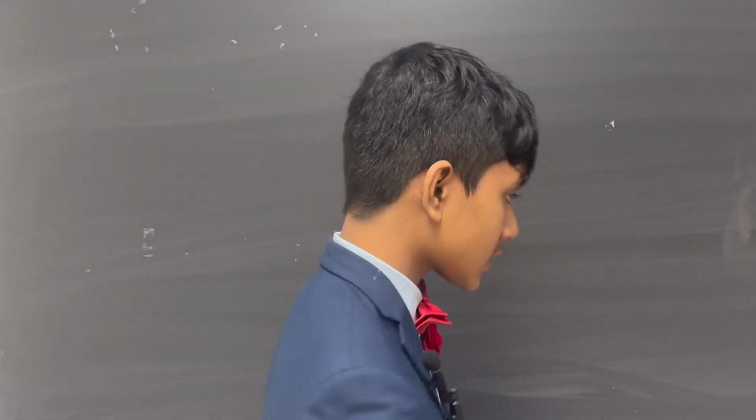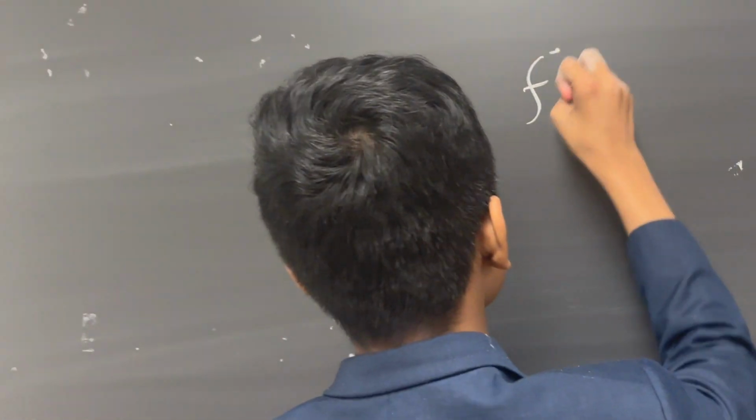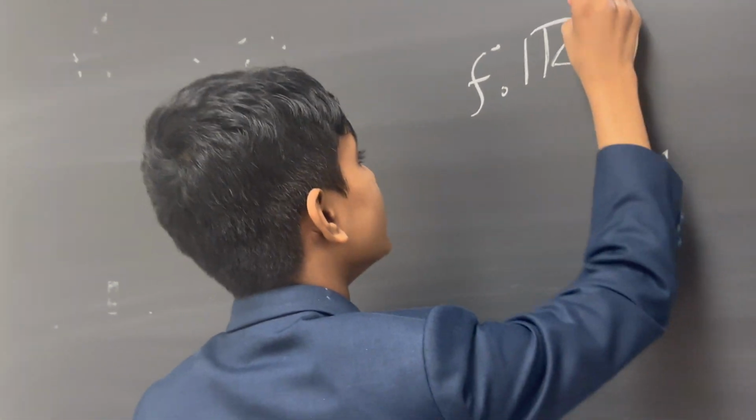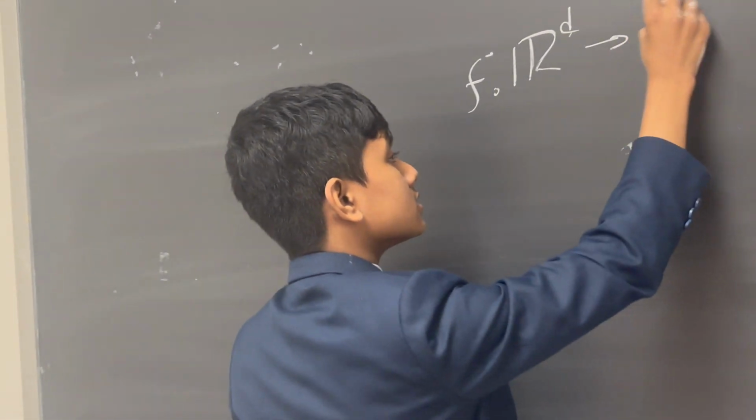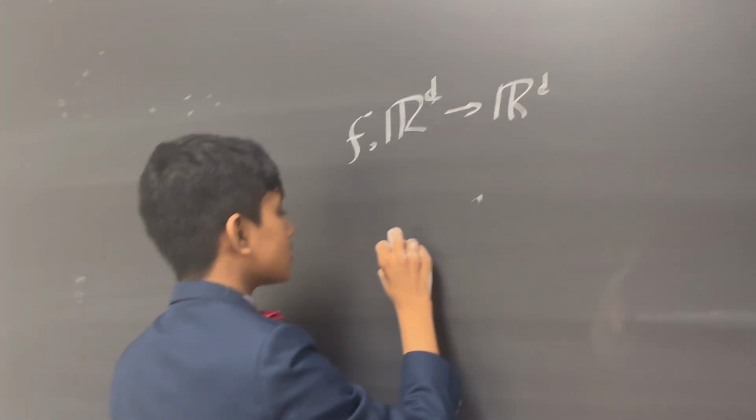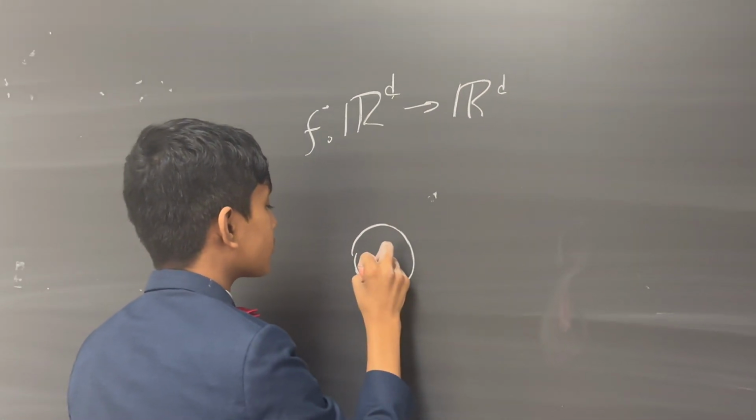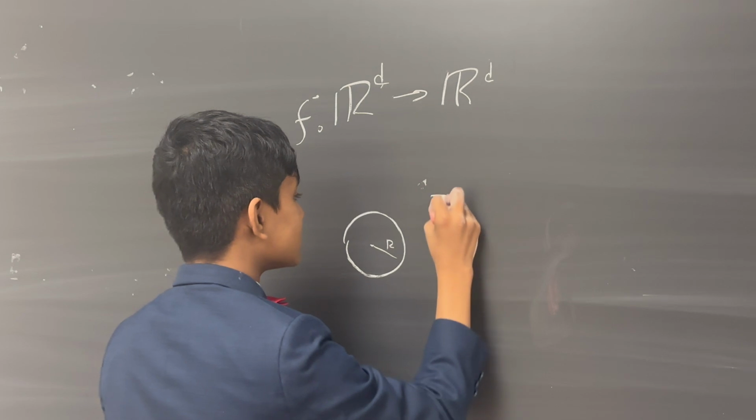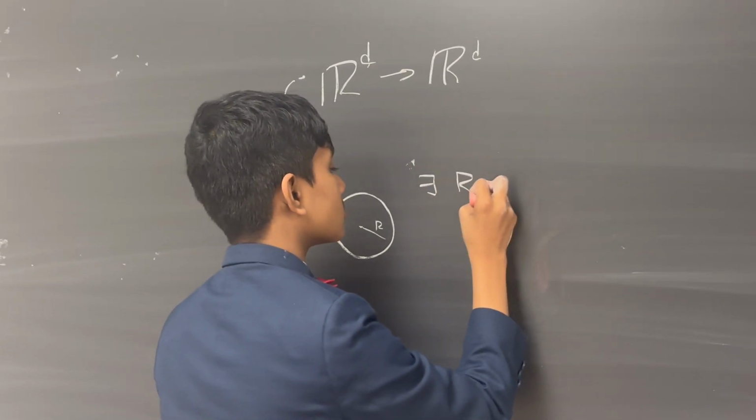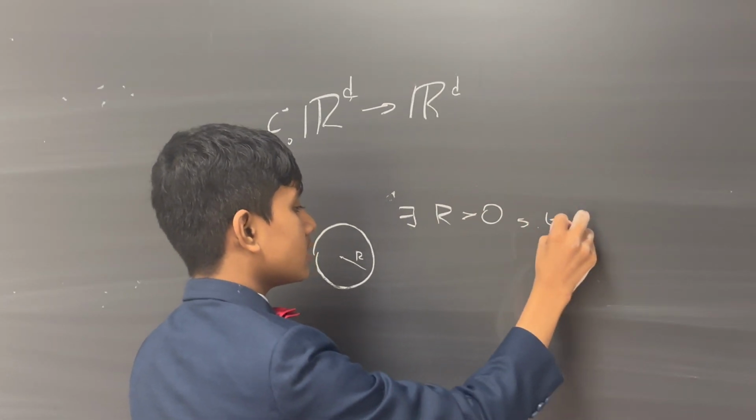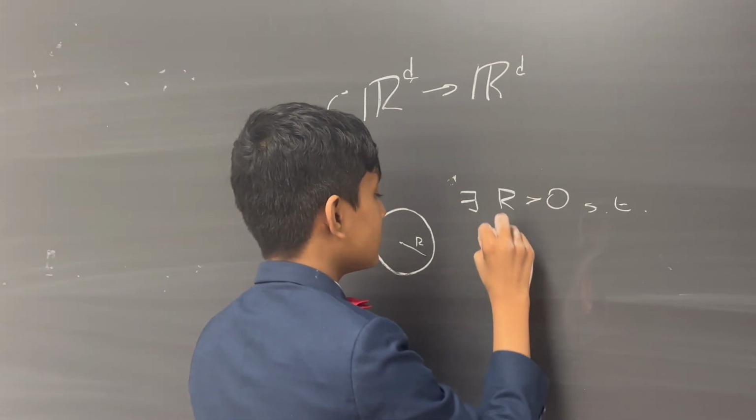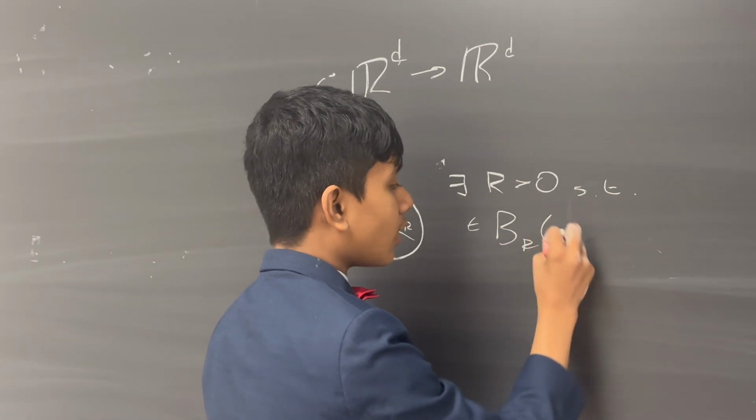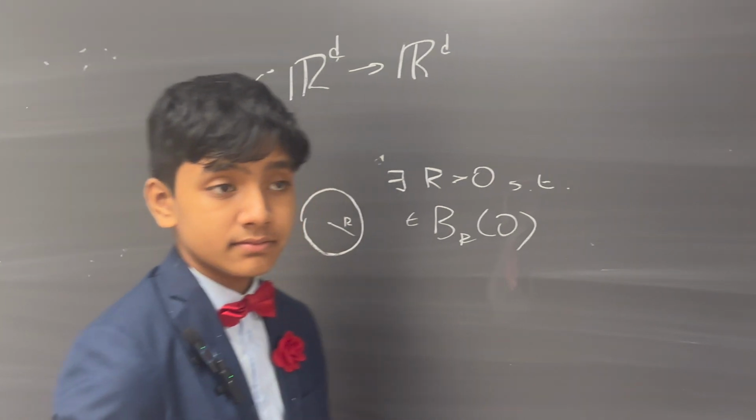And today we're going to be looking at a nice property of a function that's going to lead us towards a general theorem later. So let's take f from R^d to R^d such that over a specific ball around 0 with radius r, there exists some r greater than 0 such that in the ball of radius r around the origin,